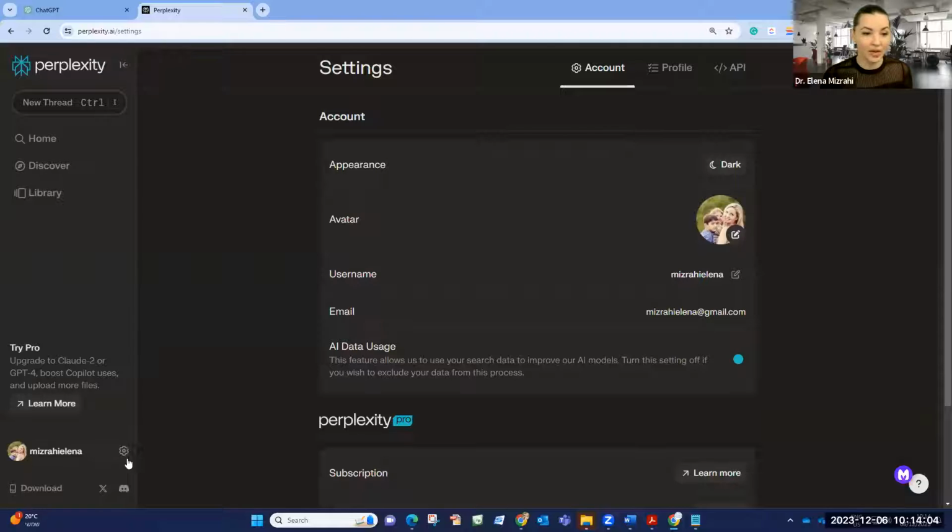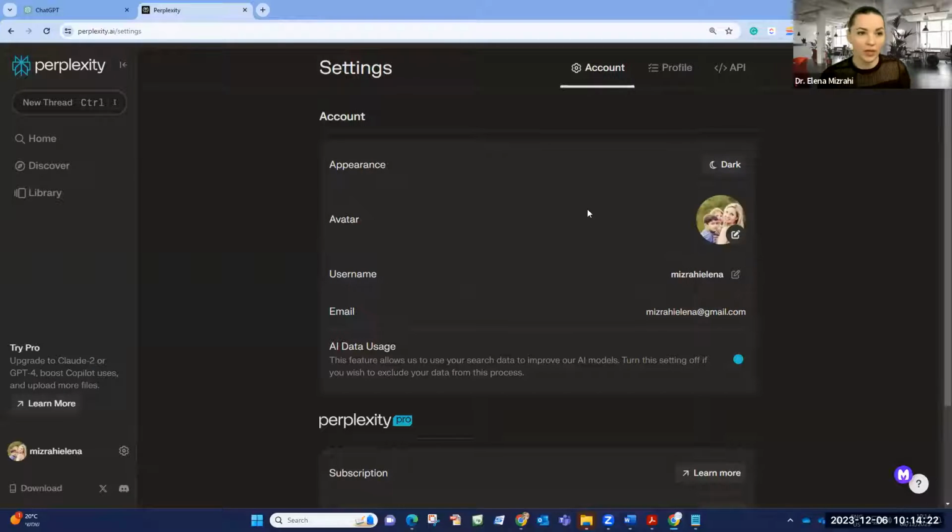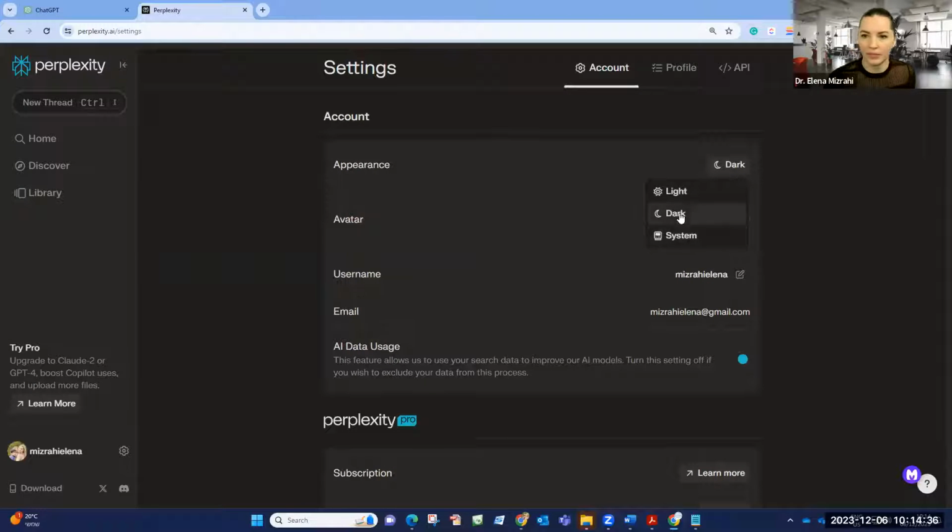Okay, so where I found this, if you also like the dark mode, like I do, go to the settings next to your name after you do the login, sign up, login. Click on the settings, and you have the first word appearance. You can change it to dark or light. So this is one thing that I wanted to show you from the beginning, because by default, it's just as your system works. So if it's all light, then you get it light. I know that some people actually have it dark from the beginning because their system is set to dark, but mine is light, so I saw it light, now I changed it to dark.